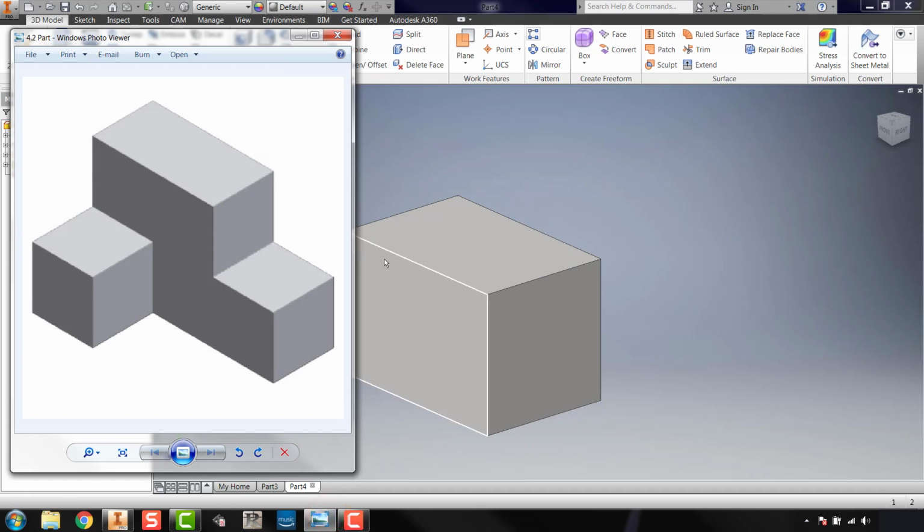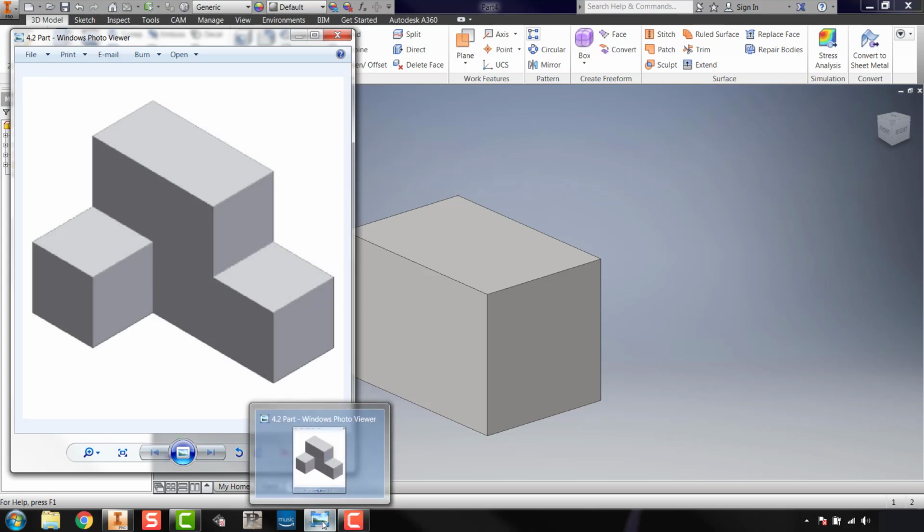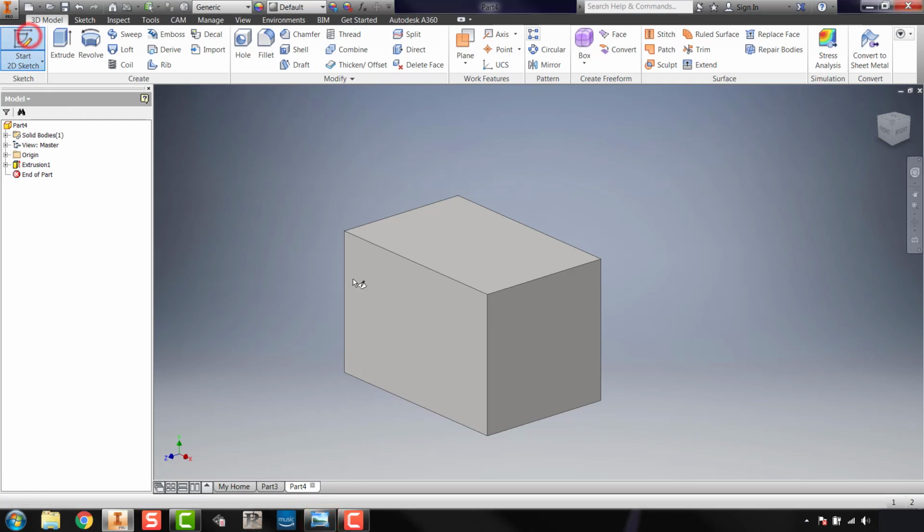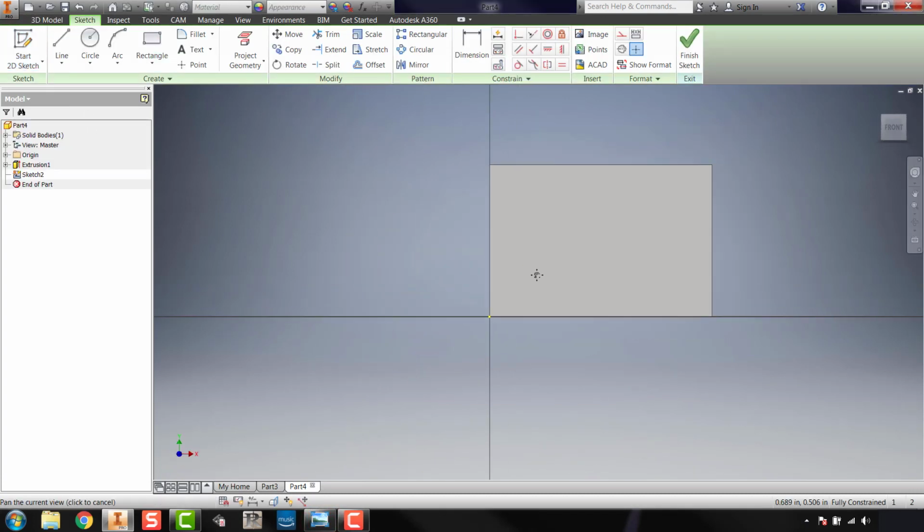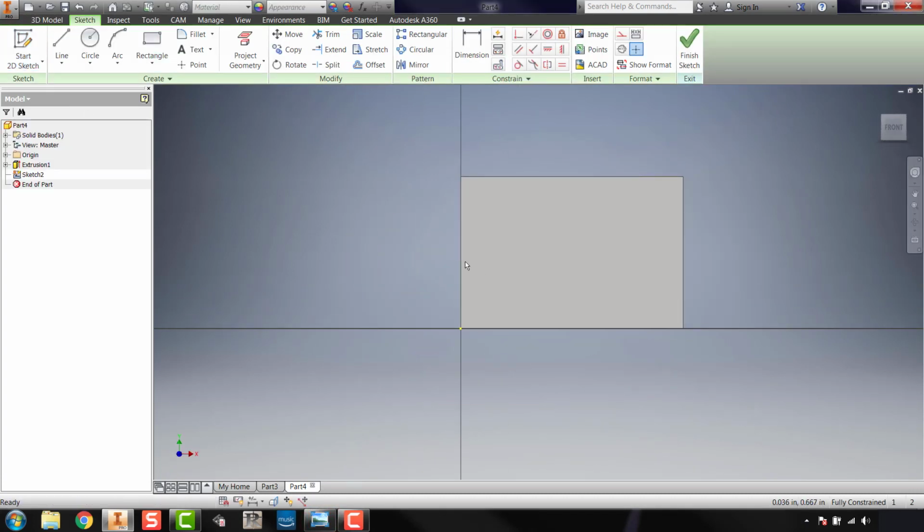Now if we look at our part, we have the overall shape, so we have to cut out this section here and then a lot of this front view as well. So the first thing I'm going to do is cut out this front view, or this part of the front view that we need to remove. So I'm going to create a sketch on that front face. And the only thing I want to leave for this front part of this is this cube in the bottom